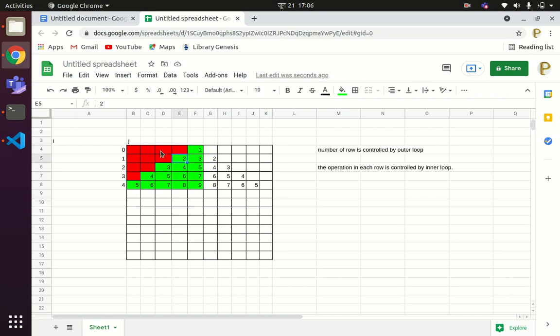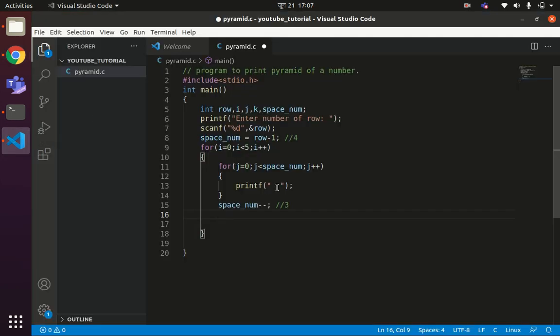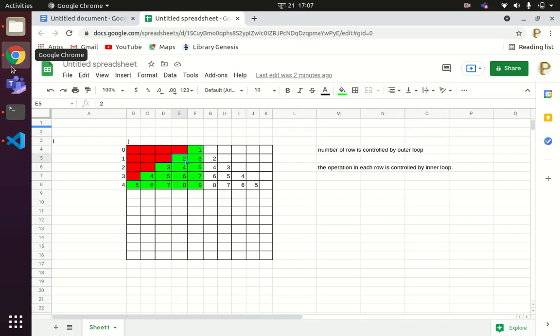Okay, now let us write the code to print the numbers. I write one more variable, num count. Num count will be initialized with what value? i plus 1. You can see here for row 0 this value is 1, for row 1 its value is 2.